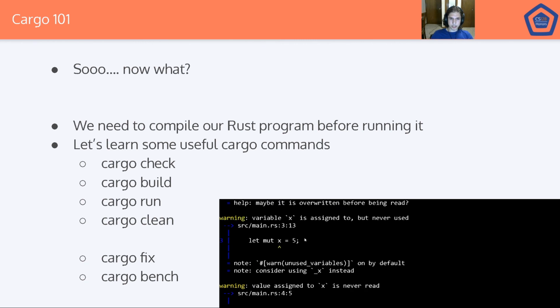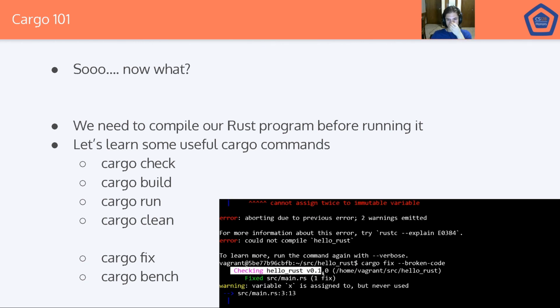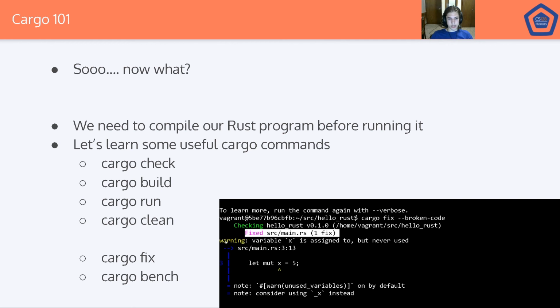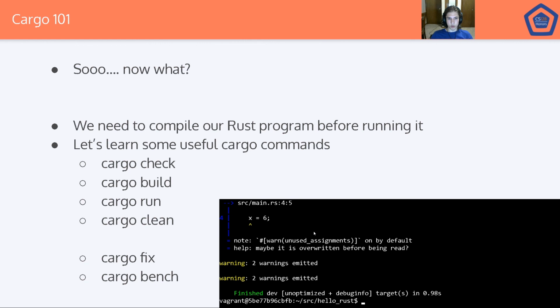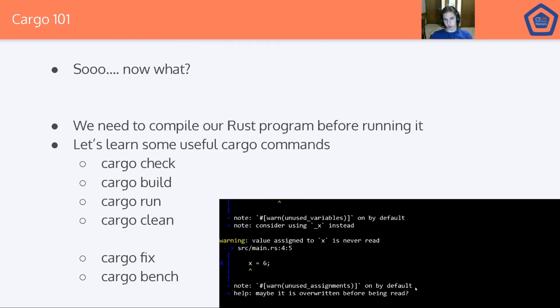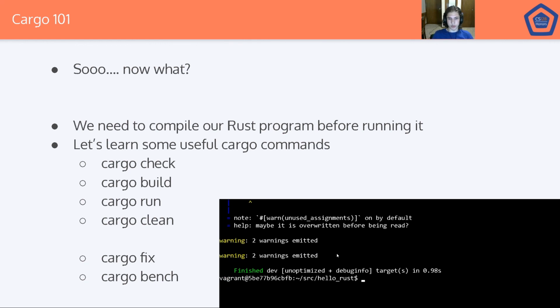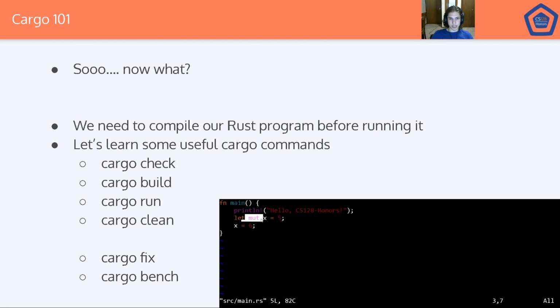It'll take a moment, and let's look at what it did. First, it checked our code, and then it fixed our code. And so we can see the warnings here after it had fixed it. If you remember very briefly, I had removed this mutable variable. Of course, there's still a warning because we never actually used the variable. But when we edit this file once again, we can see that it directly inserted this mutable keyword in order